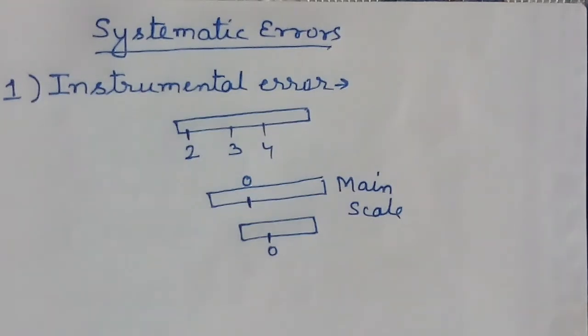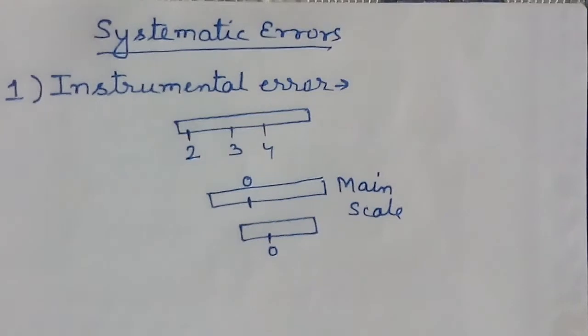So these errors, basically I want to explain that there may be some damage or the instrument which we are using is not perfect. So the error that occurs because of this is known as instrumental error. So there are certain possibilities that the instrument is not perfect. Maybe the zero is not coinciding. Maybe some friction is there. So these types of errors can be classified under instrumental error.